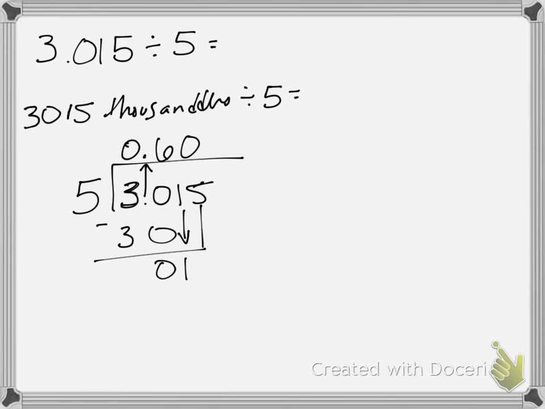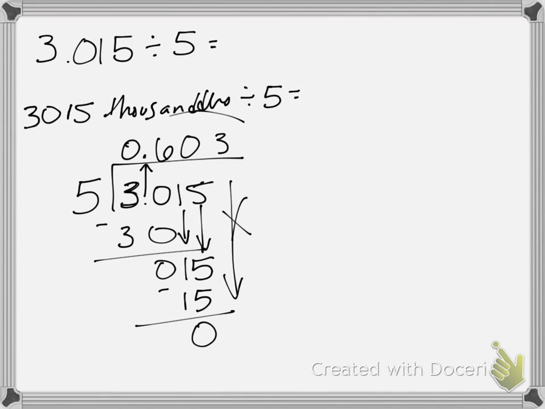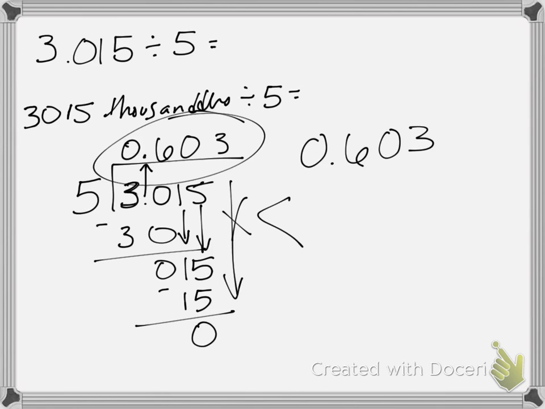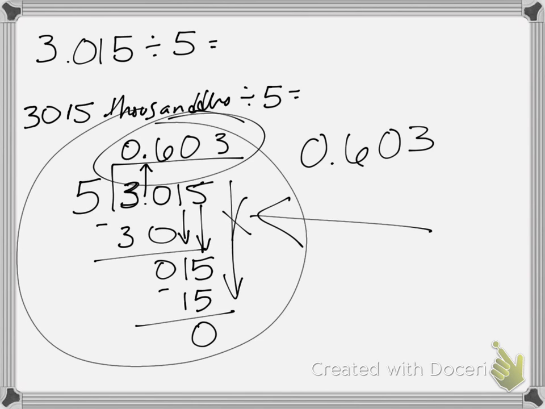But we still have another number we can bring down, a 5. So now we have 15. Are there any groups of 5 in 15? There are 3. 5, 10, 15. All right, 3 times 5 is 15. We subtract, we get 0. All right, there's nothing else to bring down, so we are left with 0.603, or 603 thousandths. So you see, you really do want to get to the standard algorithm phase of division,